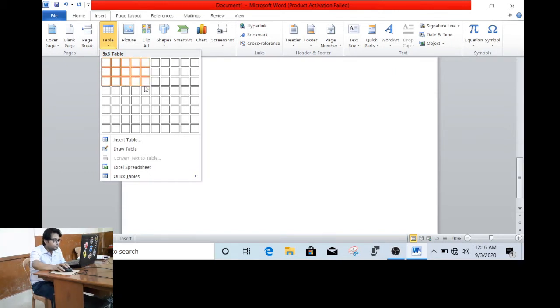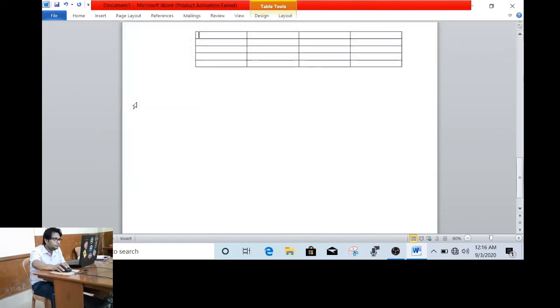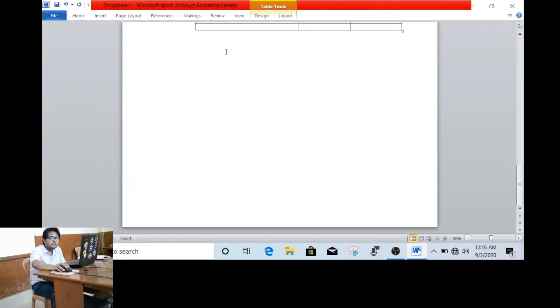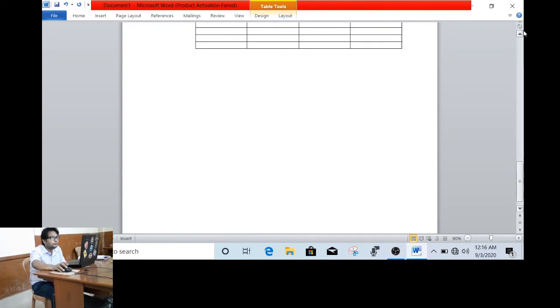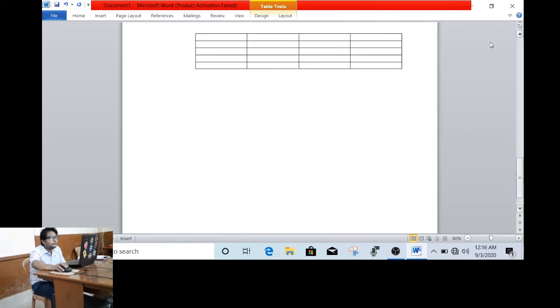I will choose the number of rows and the number of columns that I want and just release the mouse. Automatically the table with the number of rows and columns will appear. See, I have chosen 4 columns and 5 rows.